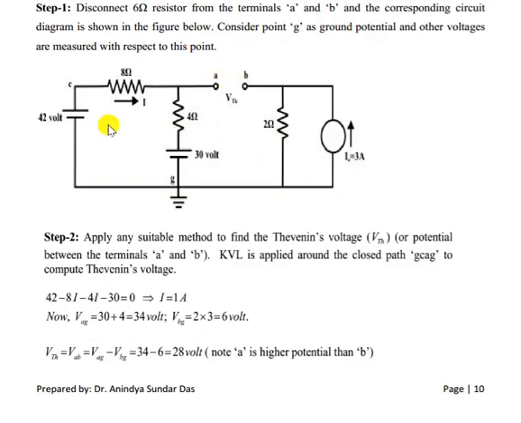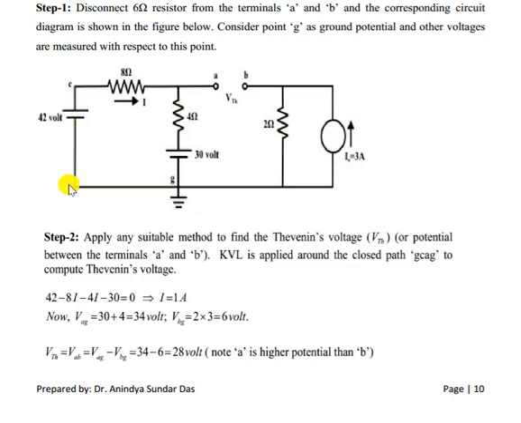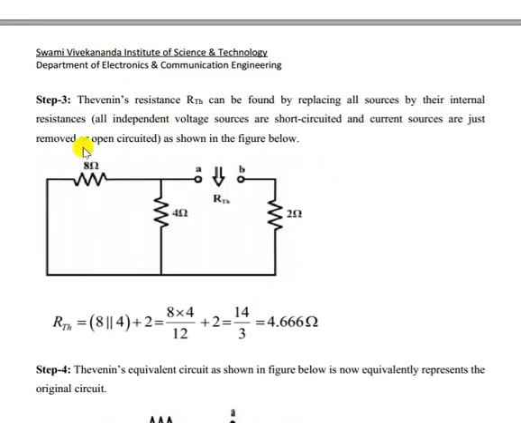Now here we have three sources, two voltage sources and one current source, all are independent. So we have to deactivate those sources. Short circuiting this voltage source, short circuiting this voltage source, and open circuiting this current source, we will get